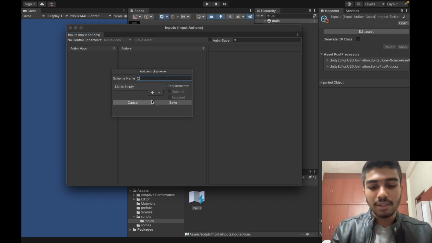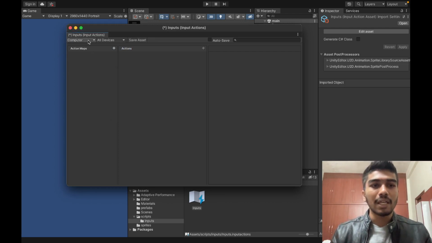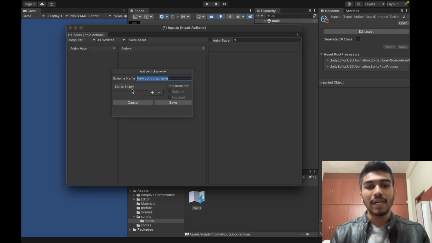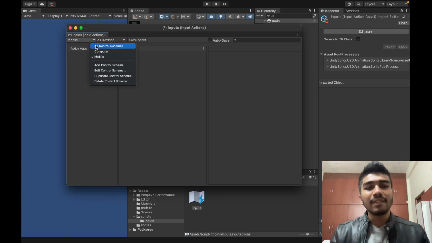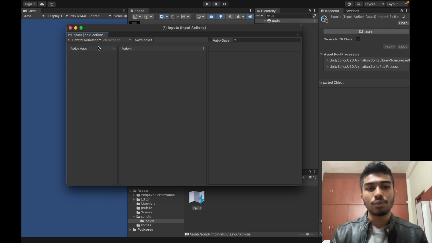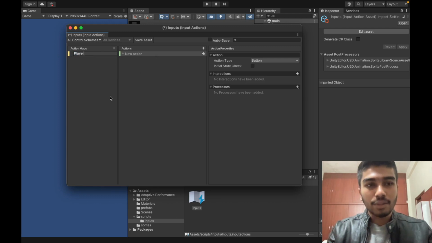I'm going to call this computer, and I'm going to save this, and our main control scheme, I'm going to add it and call it mobile, and save that as well. And since we want our controls to be universal, meaning that they can be accessed through any control scheme, I'm going to click on all control schemes and get myself a new action map. The action map, I'm going to just call it player controls,